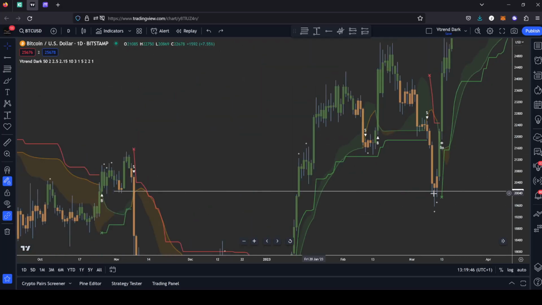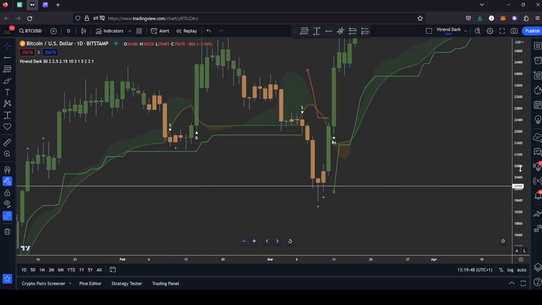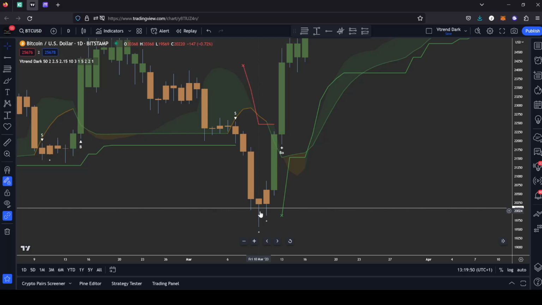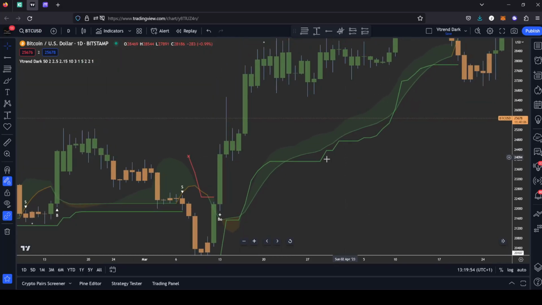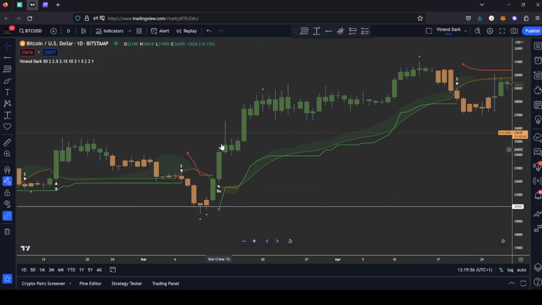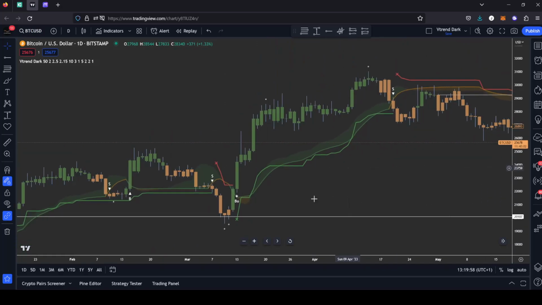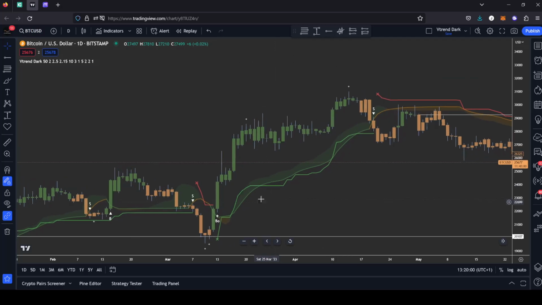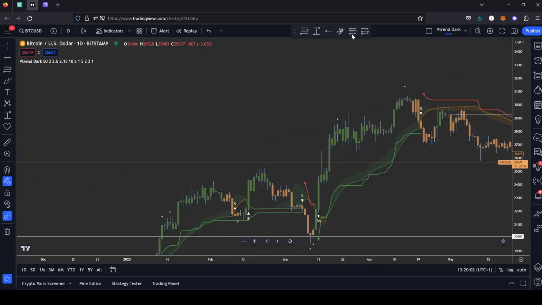Again, in hindsight though, I would have scaled out straight away. So when this is printed green, got 2 sets of confirmation, that's a good long. However, I would have been wary